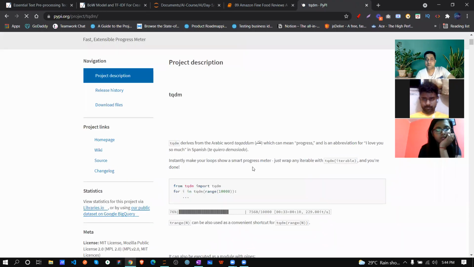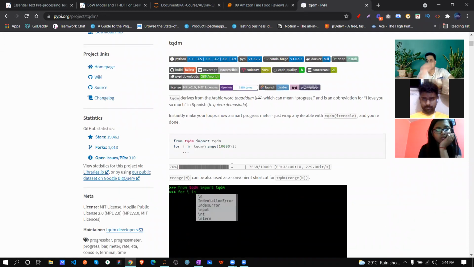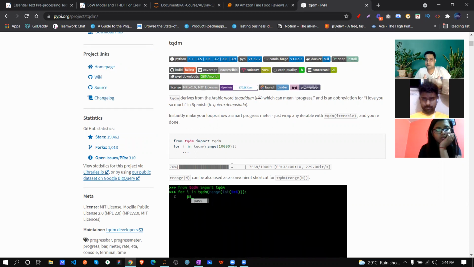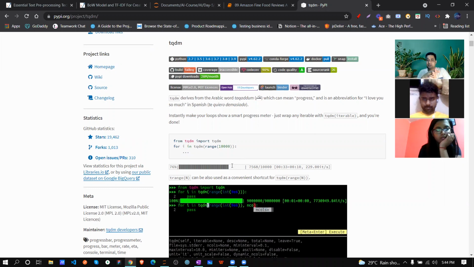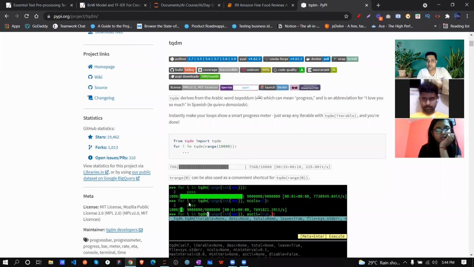It gives you a progress bar, because sometimes when you are running something it shows a timer but you don't know how much is completed. So you can use the tqdm library to show a progress bar easily.